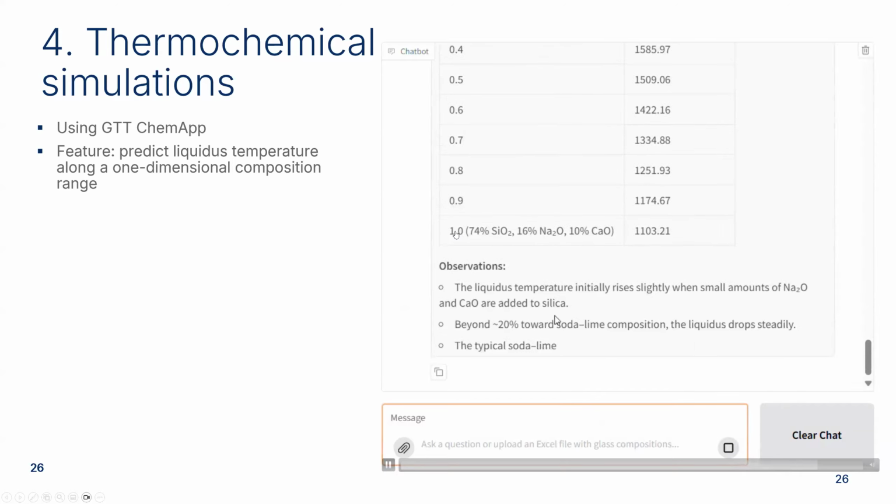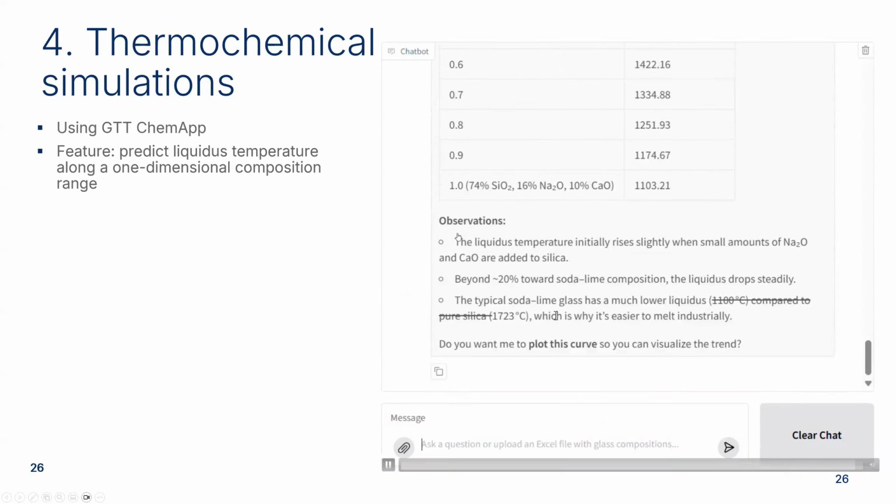And it will give you a kind of a one-dimensional line going from 0, which is like the silica, to 1.0, which is in this case the soda lime composition that the LLM in this case dreamed up. So again, this composition here is something that the LLM pulled out of the hat because we didn't tell it what to do, but everything else, meaning the calculation, the modeling, that happens in the background using the tools, and the LLM is just presenting it again to us in the chat. It's not doing any modeling itself.